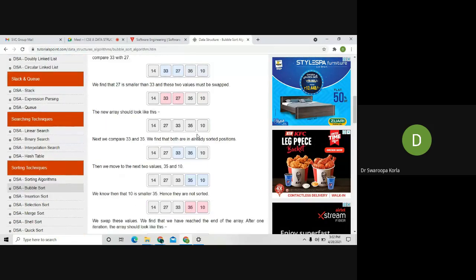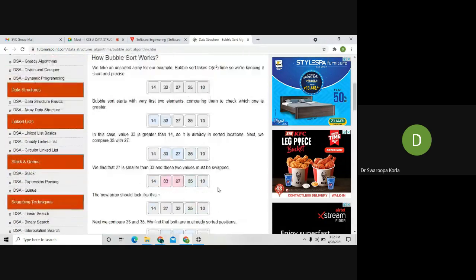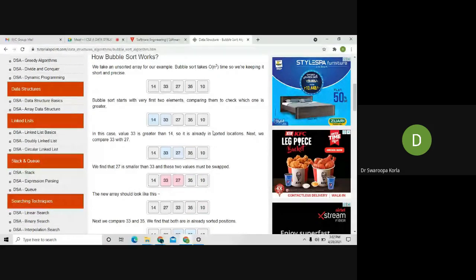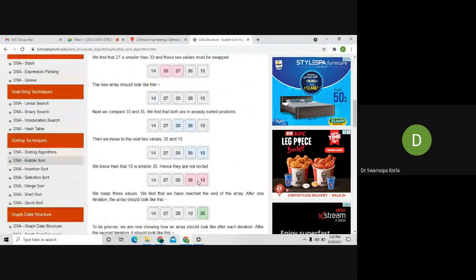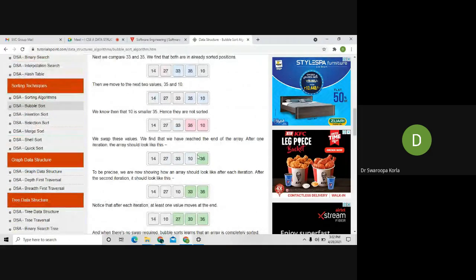Up to here we call it the first iteration. There are 9 steps you need to write in the first iteration. How can you say it is the first iteration? Because the last element is also compared and swapped.